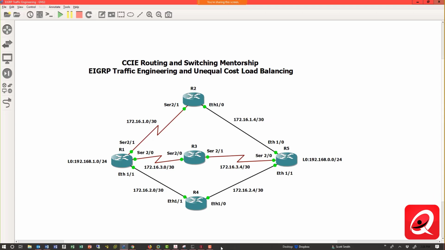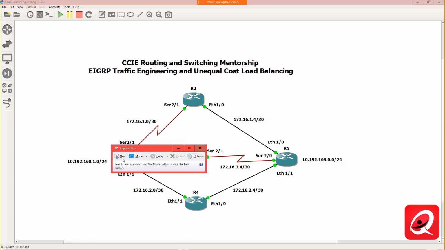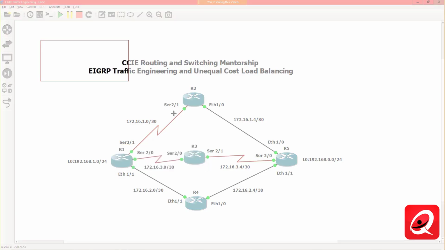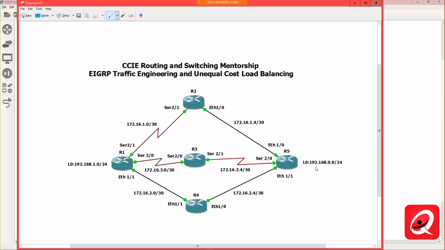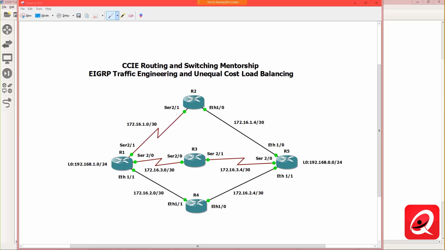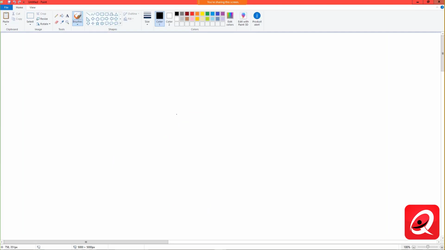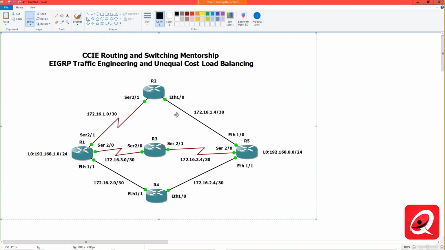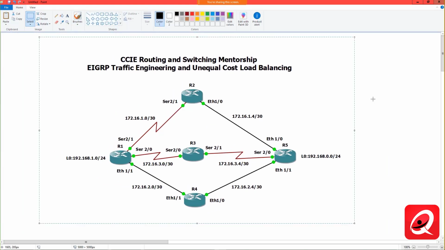So let me grab a snippet of this topology real quick. And let's just put some numbers on this diagram and take a look, to get a better understanding of why a certain path would be chosen over a different path, and so on. So if I go ahead and apply some of the values to this particular topology,